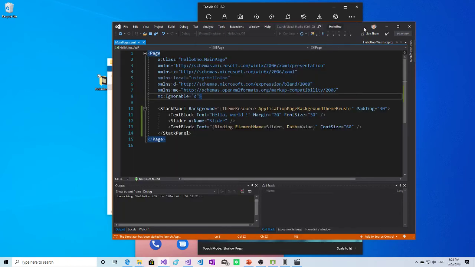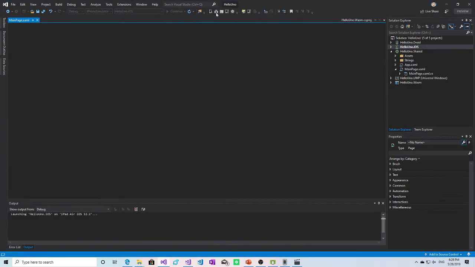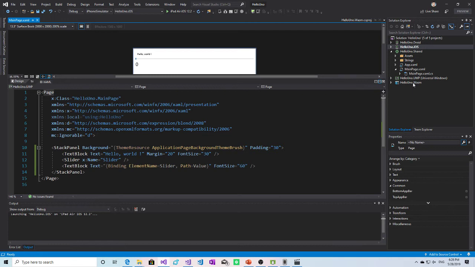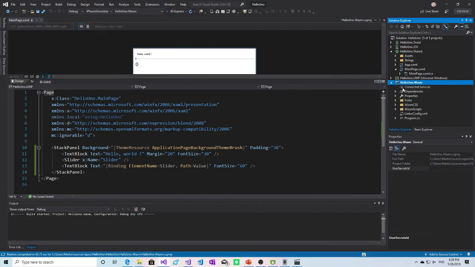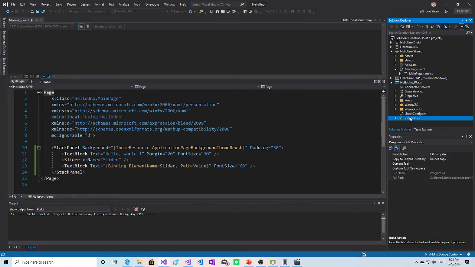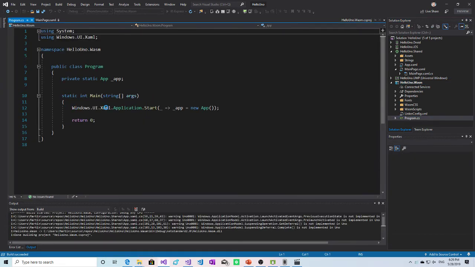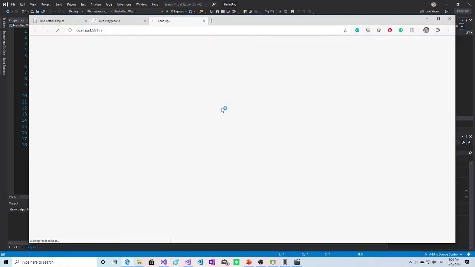And finally we go to the most amazing part of the Uno Platform, which is WebAssembly support. I will start this in IIS Express. As you can see, the WebAssembly project is again completely empty. There is just Program.cs which launches the Windows application.